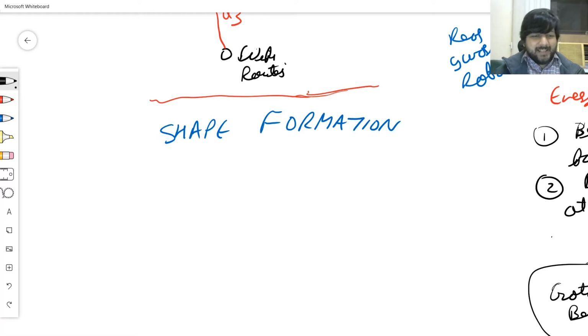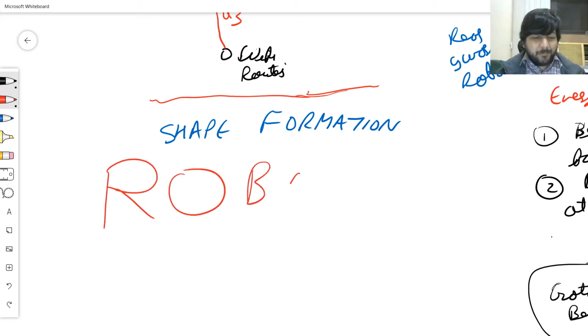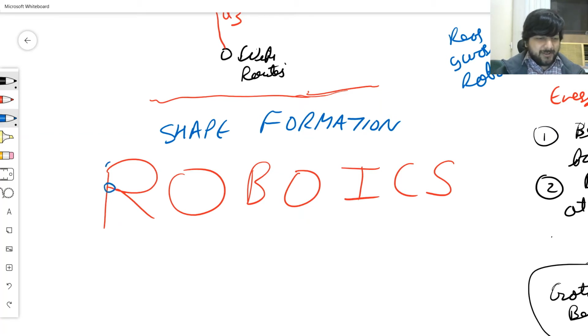So, currently consider reasonable robots, not budgetary. I want them to write down my name, or I want to make them write down "robotics" with equal font size, which I couldn't maintain. So what you do is you place robots at all the corners and tails,